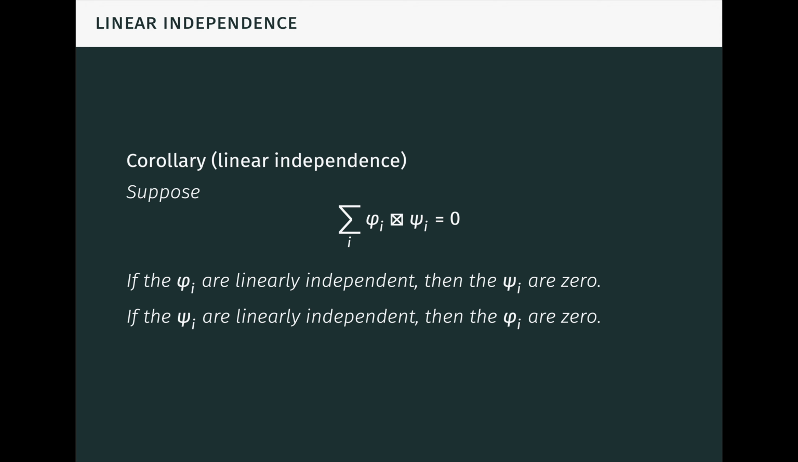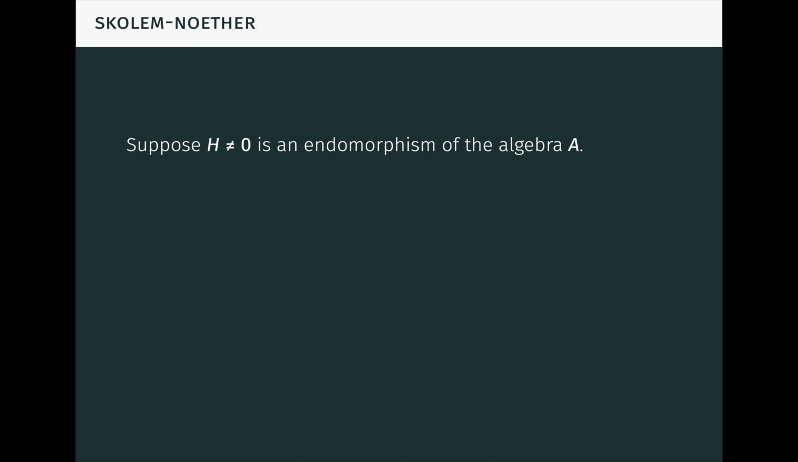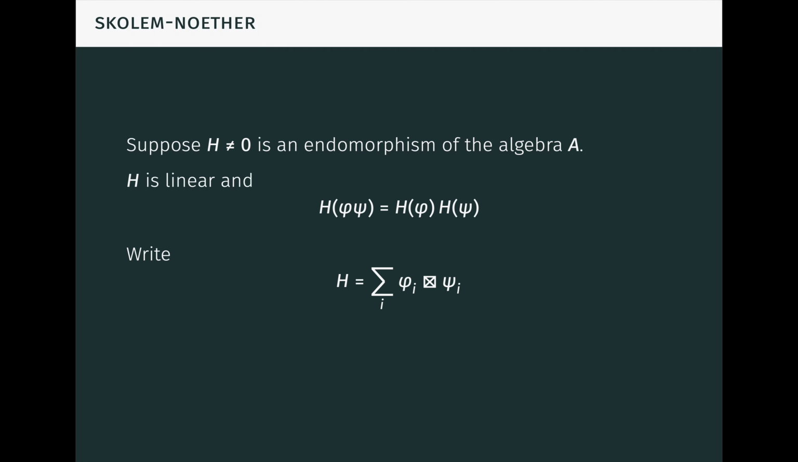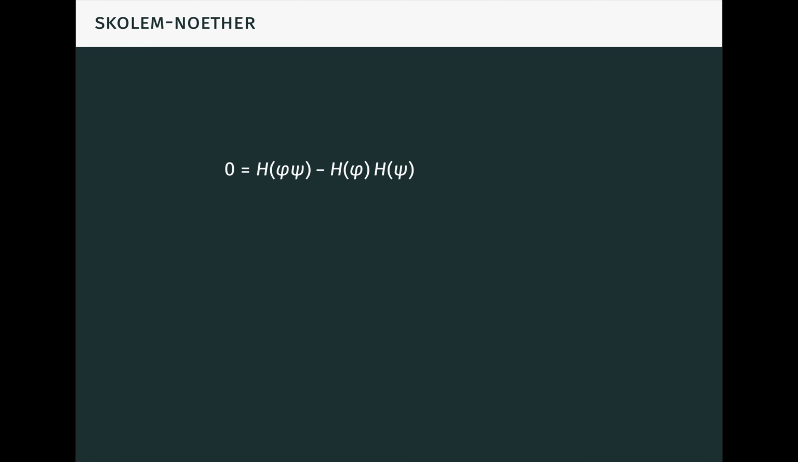We proved this fact for arbitrary tensor products in a prior video, but in this context it's telling us something interesting about bicomposition of linear transformations. We can use this fact to prove Skolem-Noether. To that end, suppose H is a non-zero endomorphism of the algebra A, so H is linear and preserves composites. Then we can write H as a sum of decomposable tensors, and we can assume both multisets of linear transformations involved are linearly independent. Now, for arbitrary phi and psi, 0 is equal to this quantity since H preserves composites,